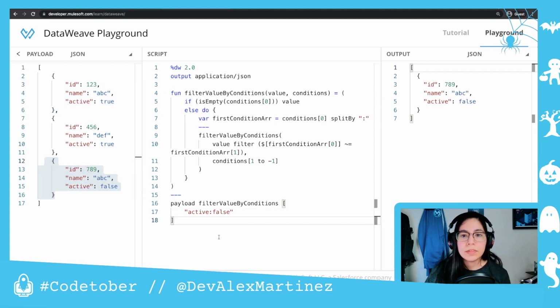So very quickly, how this function works is we receive the value as the first argument, which is the array. Then we receive the conditions on another array of strings. The first thing that I check for is that if the conditions array that comes in is empty, we will just return the value. But if it's not empty, in this case it's not empty, we have active false,